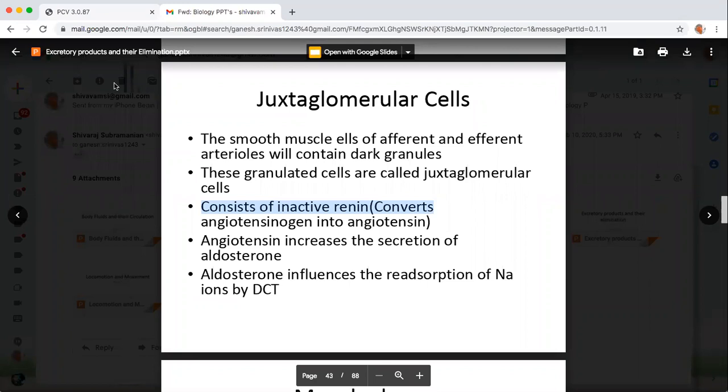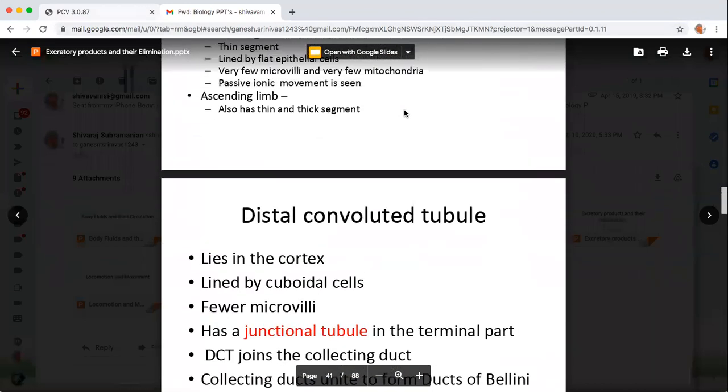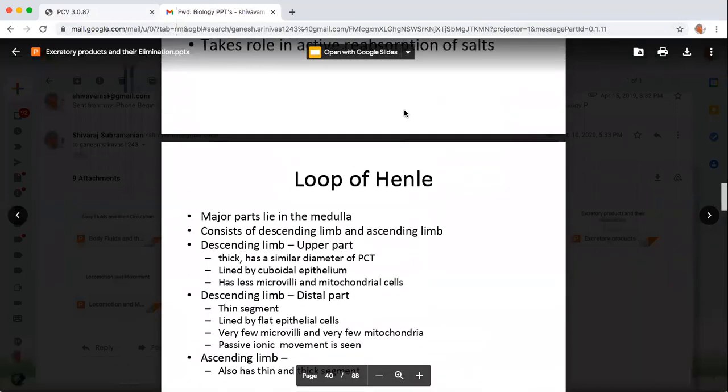Have they started thermodynamics, sir? Have they started thermodynamics in physics and chemistry? If they have started in chemistry, they have started thermodynamics. Okay, in physics they have not started thermodynamics yet. You're in rotational motion. If thermodynamics is started by this time, you can complete it easily.